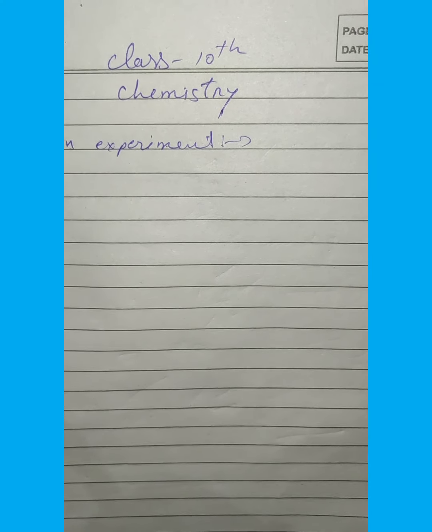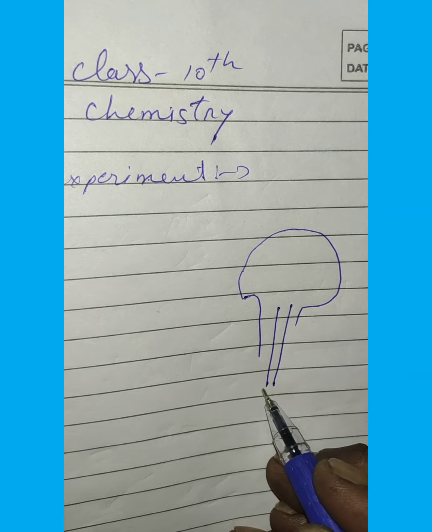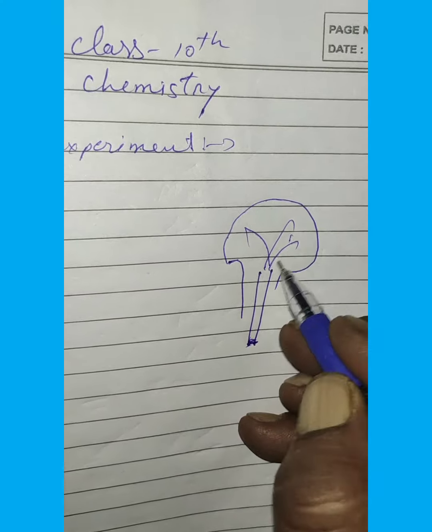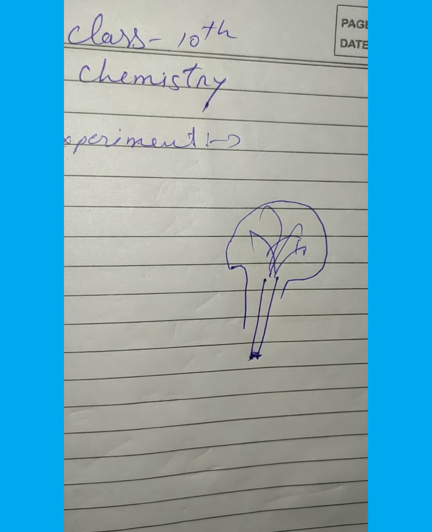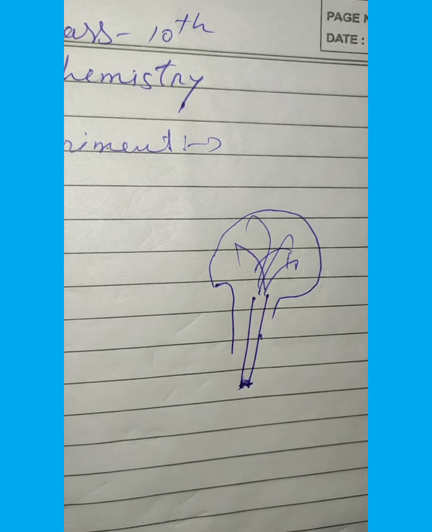Whenever the dropper is pressed, the blue litmus solution enters the jet tube with great force, forming a red fountain. This is called the red fountain. The jar is in this shape, and when pressed there is a red fountain color, blue litmus is changed into red litmus, and this experiment is known as the fountain experiment.